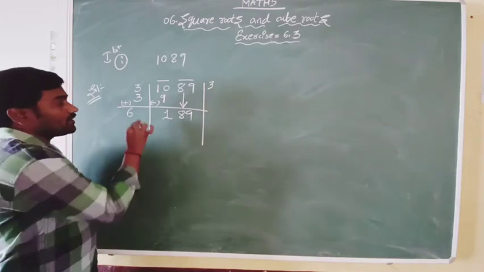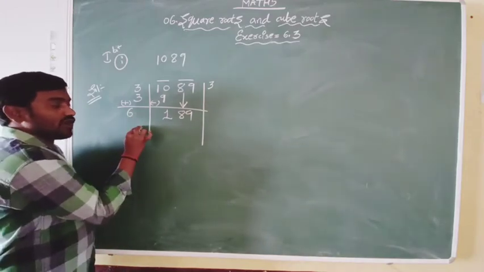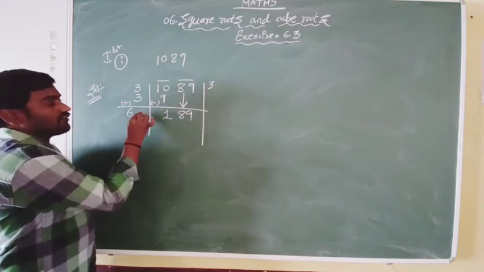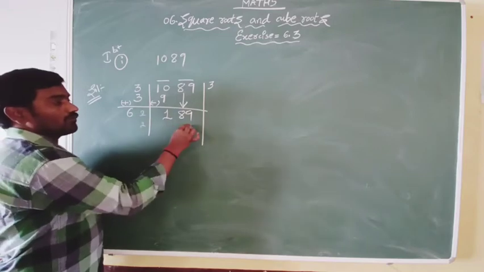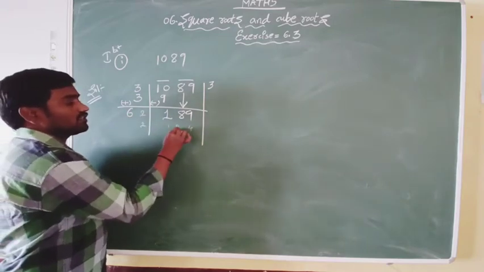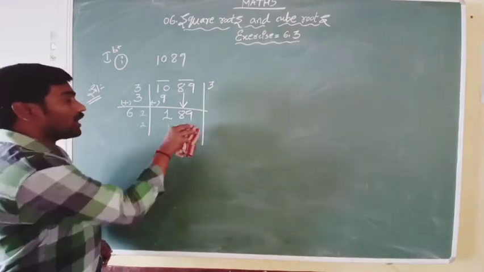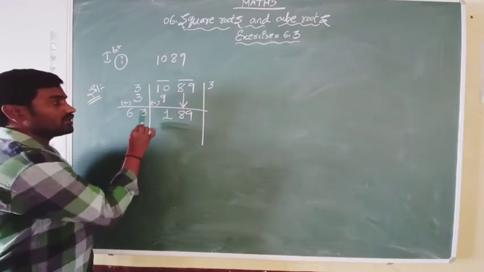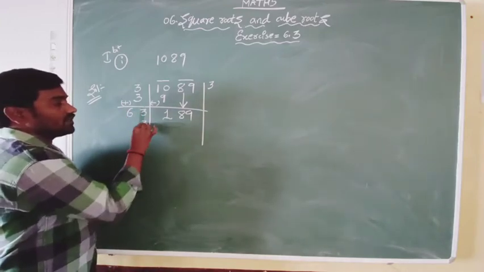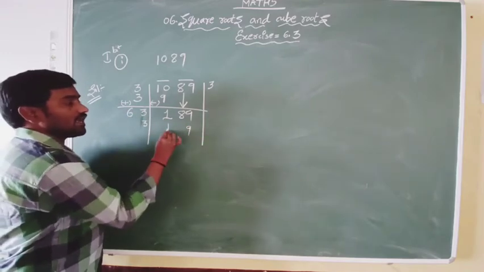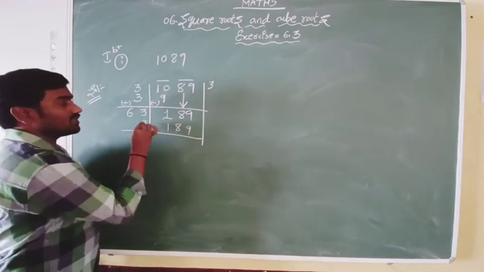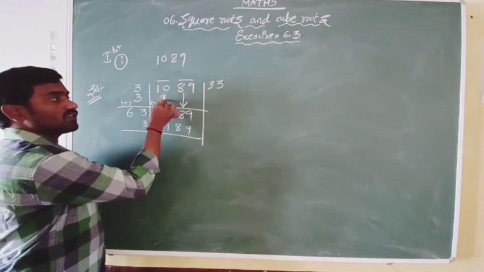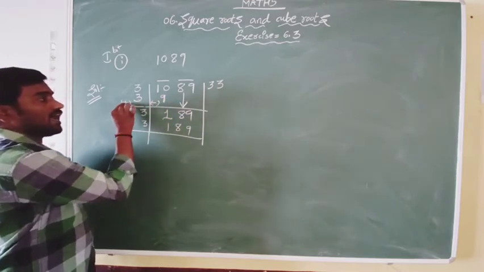Now you have to remember that whatever number you write here, with the same number you have to multiply. See, if I put 2 and 2 here, 2 twos are 4, 2 sixes are 12. This will be less than that. So I will go for other numbers, like 3 here, and 3. Let's see what we get. 3 threes are 9, 3 sixes are 18. Yes, I got the same. Then the same thing I will write here. Here you multiply and write the answer here. Then add here and subtract.